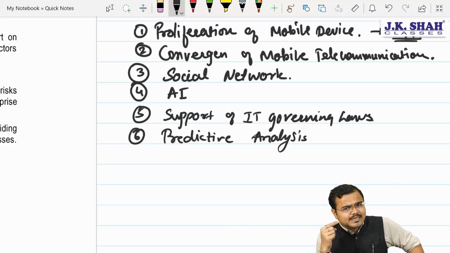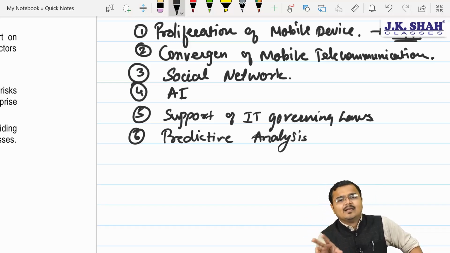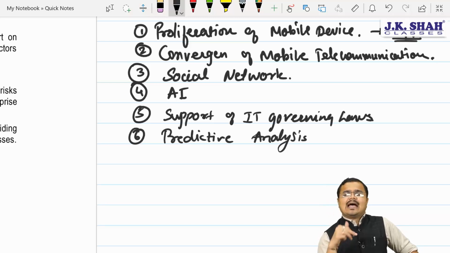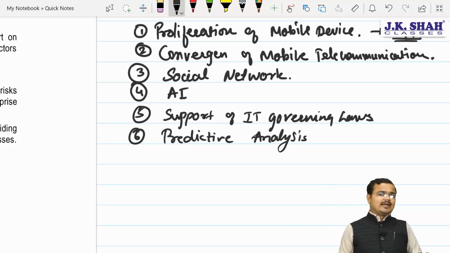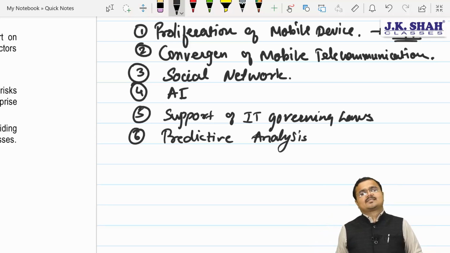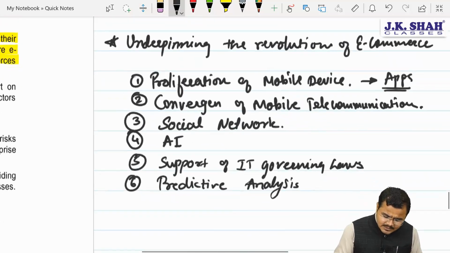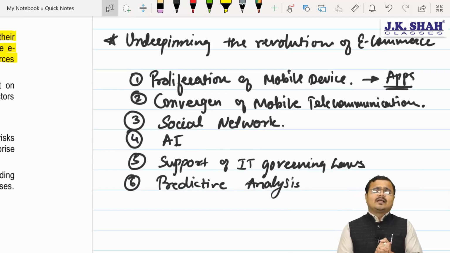The content which you think about again and again, or search for again and again, would also be analyzed. Accordingly, personalized offers will be made to you based on your previous purchases and everything. That will help you identify the correct product in a very easy way, and make repetitive purchases from the same website, and the website owner could also make a huge profit out of it, chartered. So all of these are the underpinnings, the revolutionary side of our e-commerce.